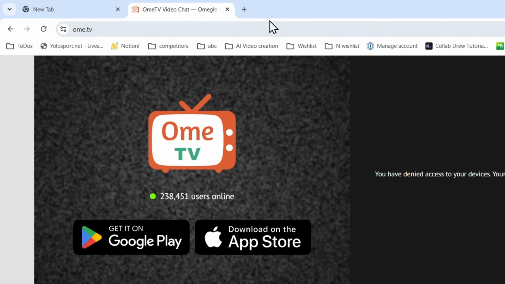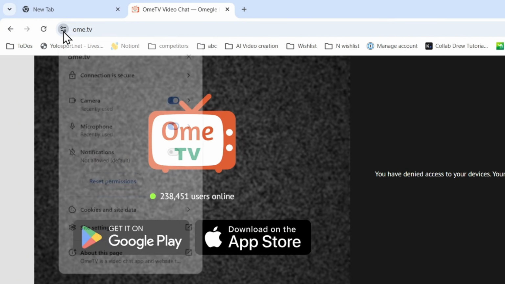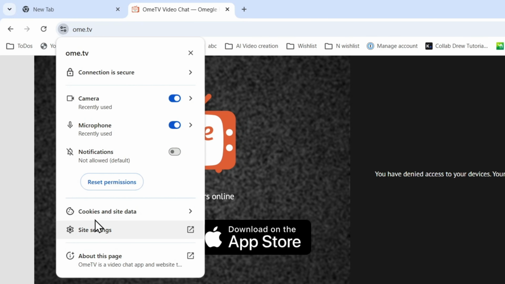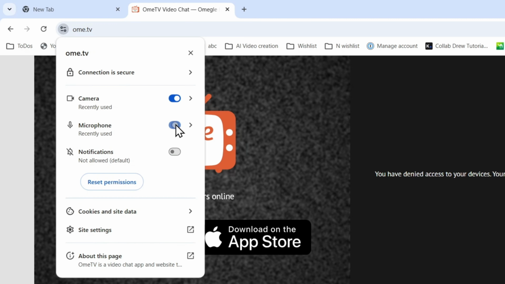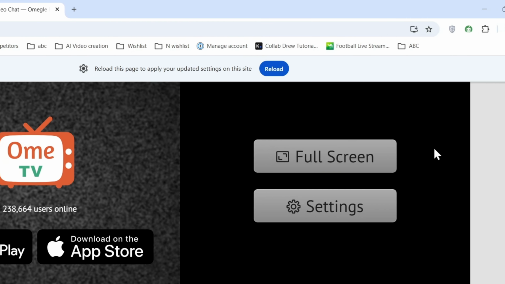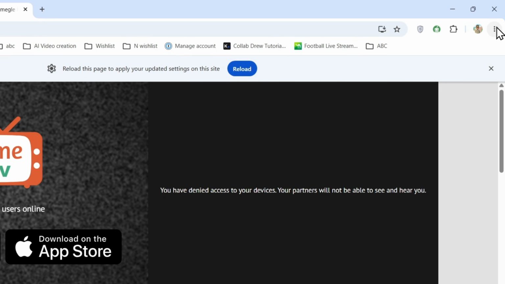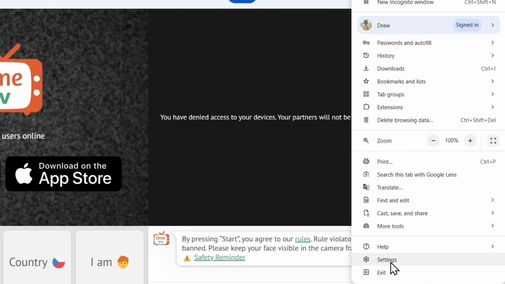As I said, it's through an application, and you can do it by looking on the upper left. Right here you can click the site settings and you can see the microphone option and you can enable or disable it. That's one way, especially if you're using Chrome. In other browsers, the steps are pretty much similar. For example, in Chrome, you can click the three dots here in the upper right, go to settings,